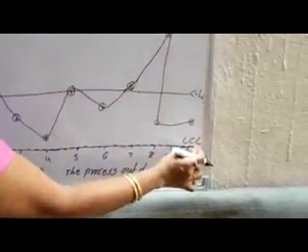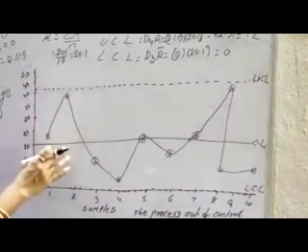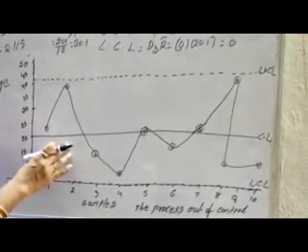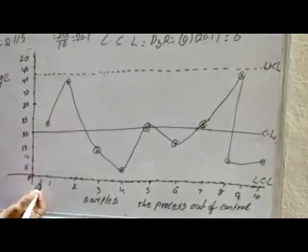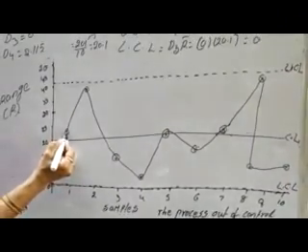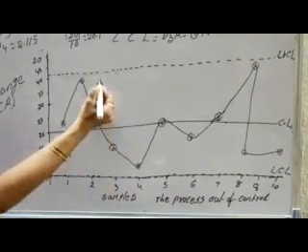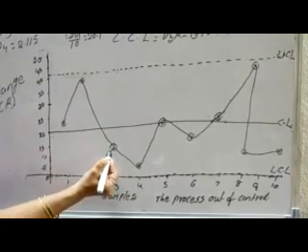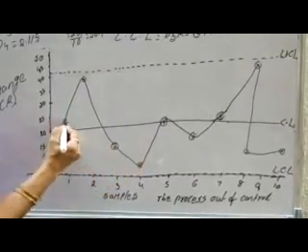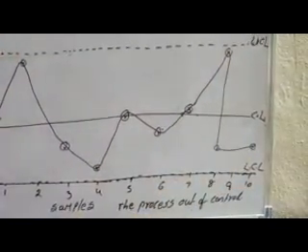After plotting these control limits, you can plot the points according to the given range chart. If any one of the points is out of these control limits, you can say that the process is out of control. Therefore, according to the given example, the sample 1 value is given as 23. Sample 2 is given as 40. Sample 3 is given as some 18, like that. After plotting all these points, I am joining all these points like this. Then we can get one particular shape of curve.